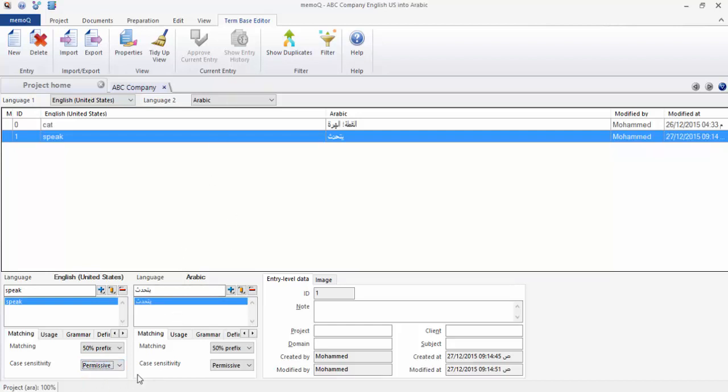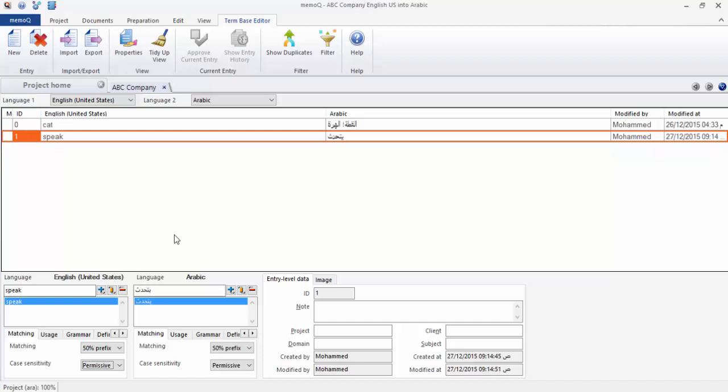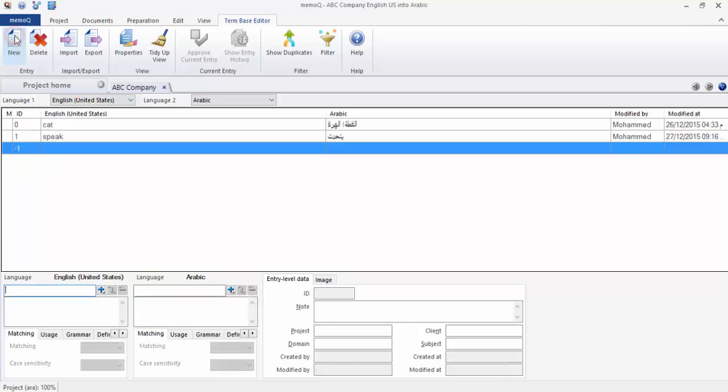The default is permissive, and just keep it as permissive. Now we will do another one. Please do the following. New again. This time please write the United Nations